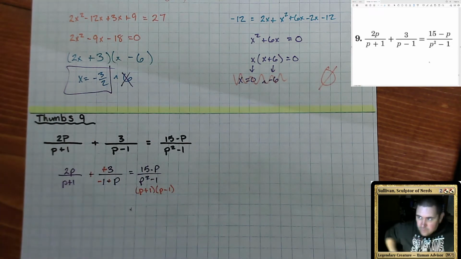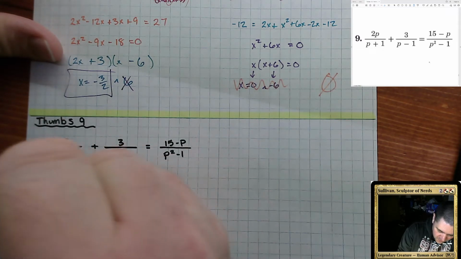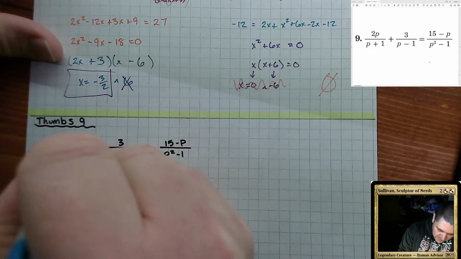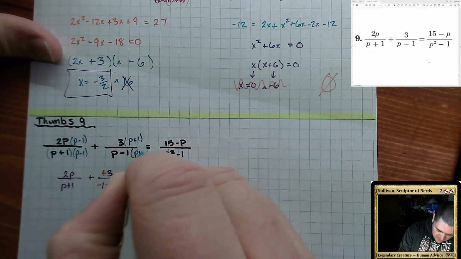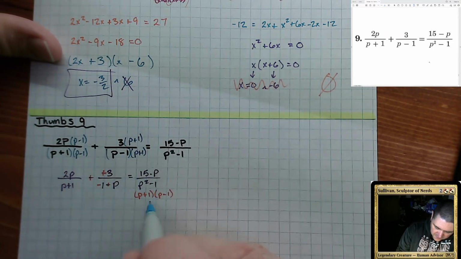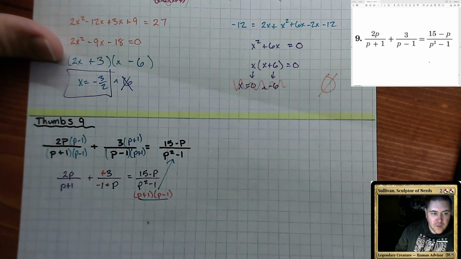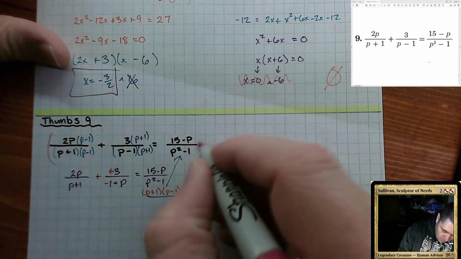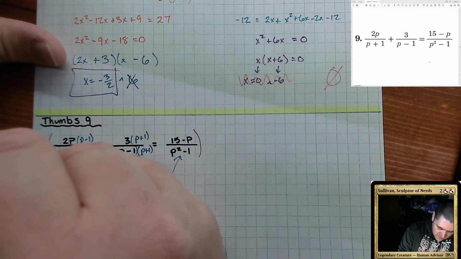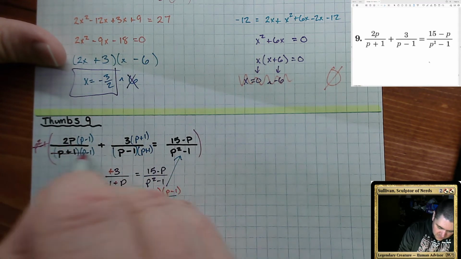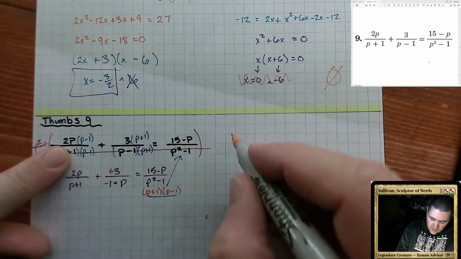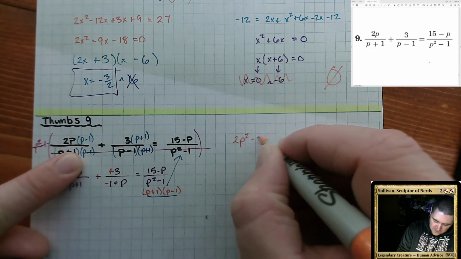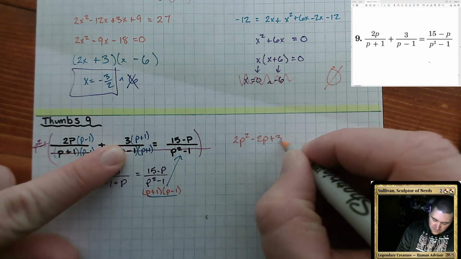So a little bit of a tangent there, but it's come up before, and I don't want you to get caught in that trap. Take this by p minus 1, it's what's missing. Take this by p plus 1, that's what's missing. And this guy, as we said, factors nicely. If I multiply the whole honkin' thing by p squared minus 1, this will all cancel, getting me a 2p squared minus 2p plus 3p plus 3